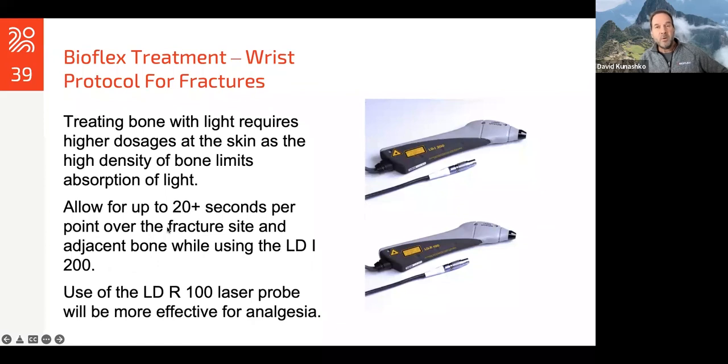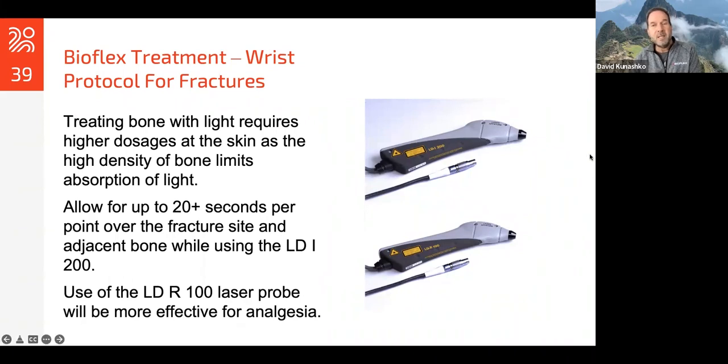We do have another probe, which is the red probe. So first probe is the infrared. That's the one that's going to drive light deep into the bone, well, as deep as you can get. I don't know how deep it's going to go, but probably several millimeters, maybe a little bit deeper. So you should be able to get it through, maybe up to 4, 5, 6 millimeters. It's hard to say, right? Because there's so many variable factors, but it's not going to go, unfortunately, super deep into bone because it's just